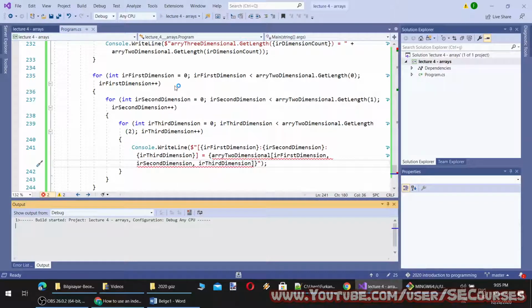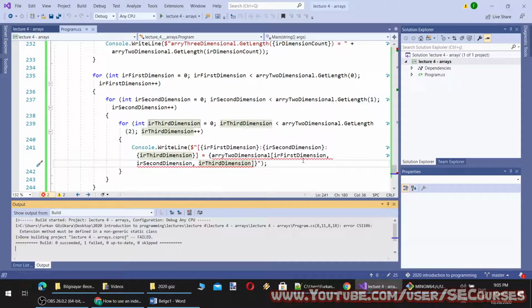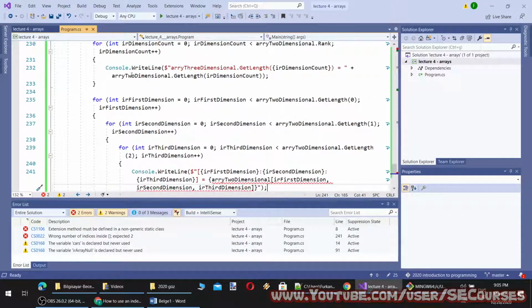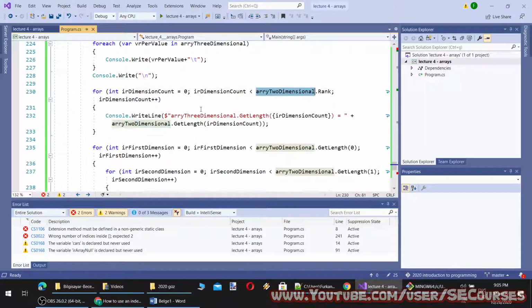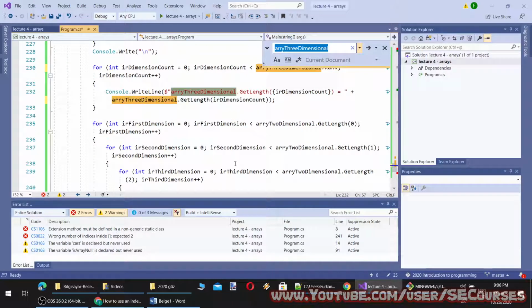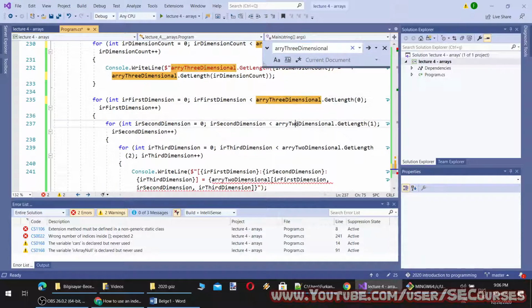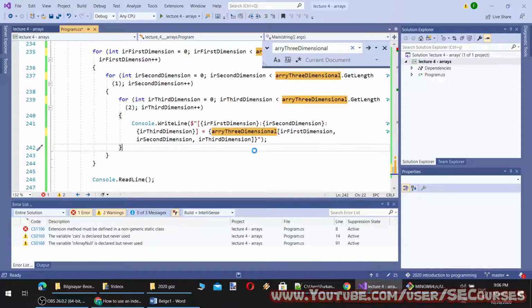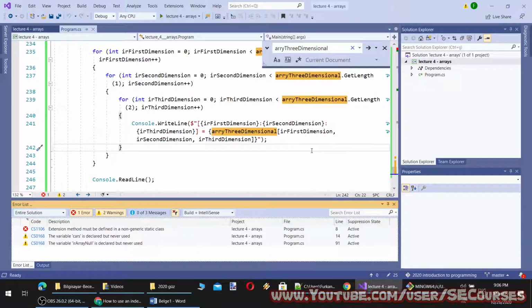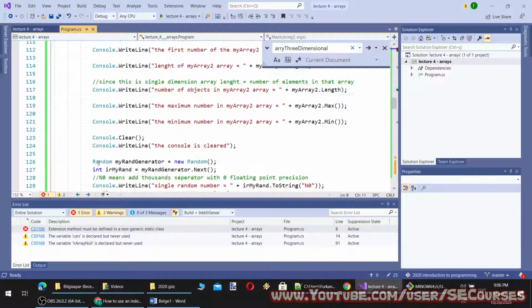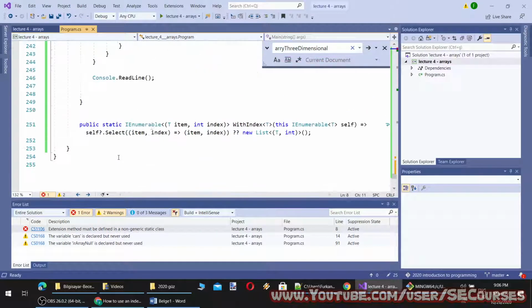Let's check it out. Oh, we have to change the array name. This will be the three-dimensional array, and this will be the three-dimensional array. Oh, the extensions were not working due to this.